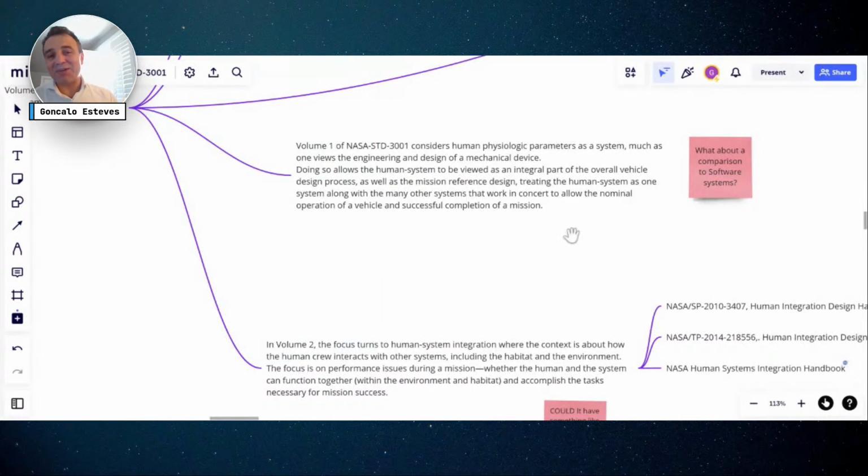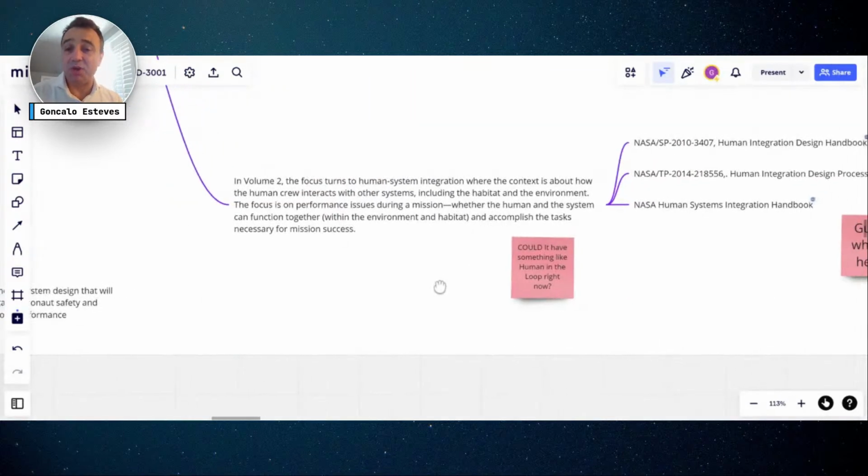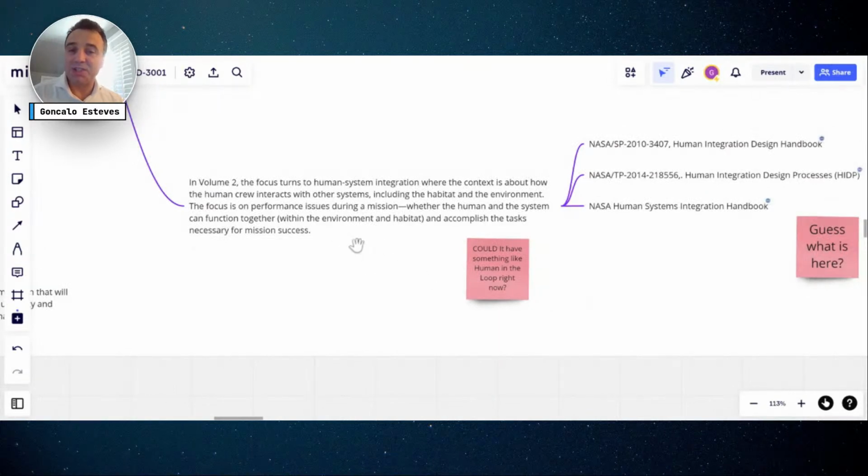The idea that we are only mechanical devices, I was thinking more about everything that has to do with a software system, where the routines usually go faster. So that's something to think about. But for some reason, whoever wrote this agreed that this should be more like a mechanical system. Something to think about.